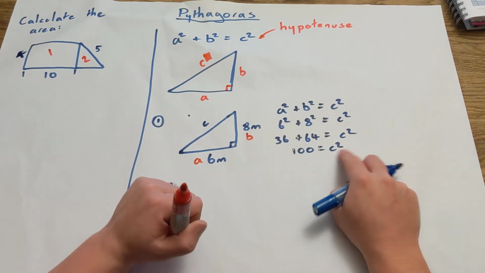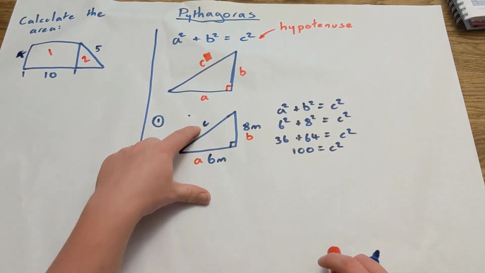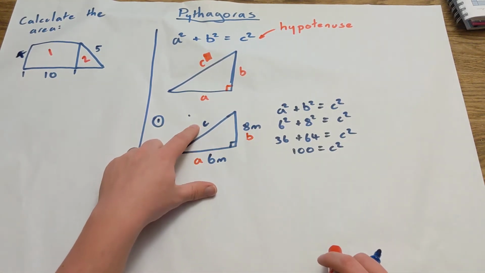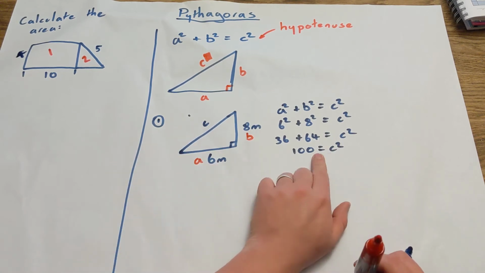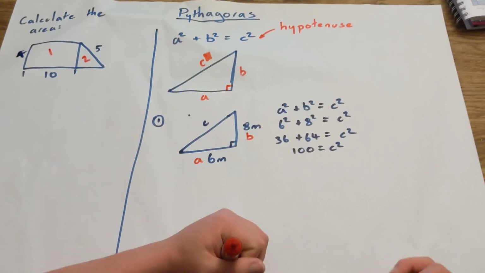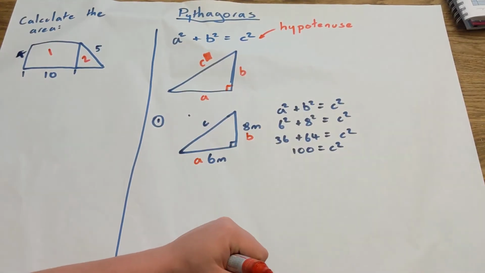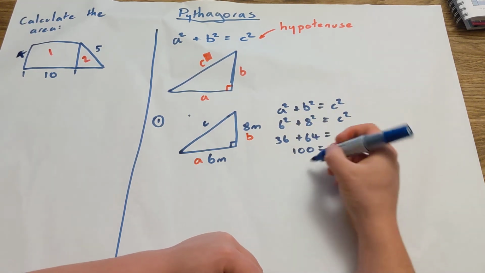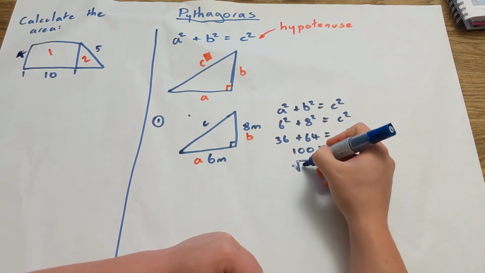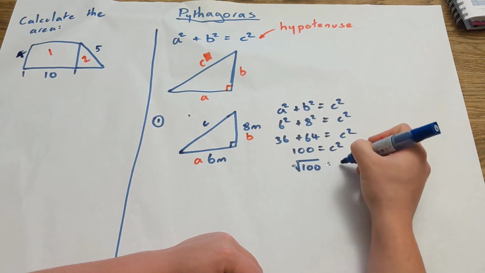But this is where we need to be careful, okay? Because this isn't c squared, sorry, it's asking for c. So we need to get rid of this. So this goes back to what we've done before with rearranging equations and when we did Pythagoras last year, okay? So to get c by itself, what I do is I take the square root of 100 equals c,